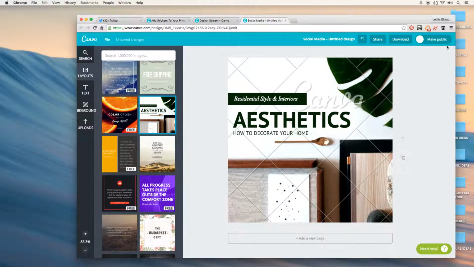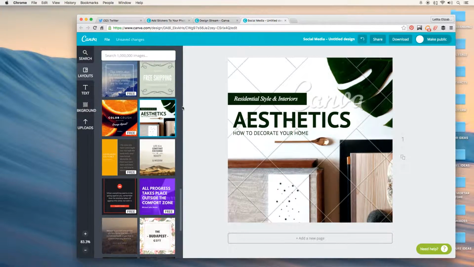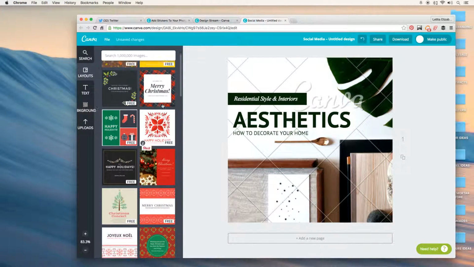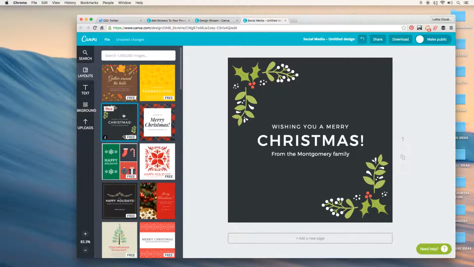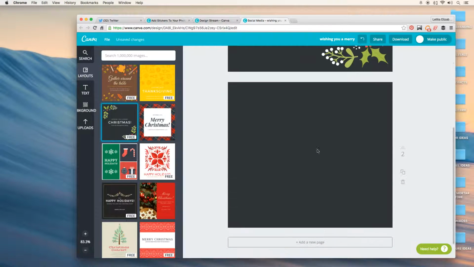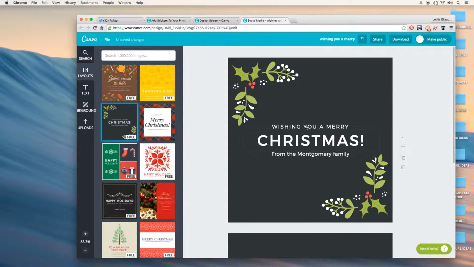So actually, I'm gonna go ahead and do that first one. This Merry Christmas one. So, wishing you a Merry Christmas from the Montgomery family. So this is just a sample so you can see it's providing you places to do your text. And then it has the images that you can play with, the background, you can change the color. You can add a new page if you want to do 2 at a time. So let's go ahead and just randomly